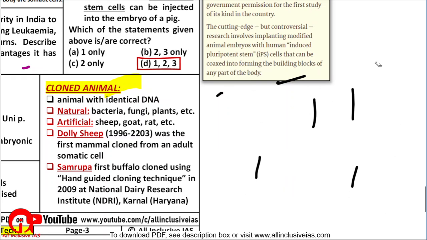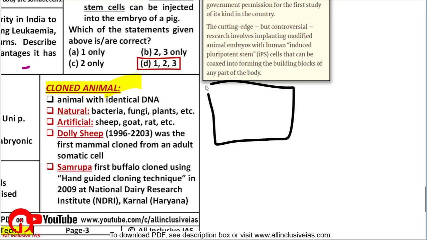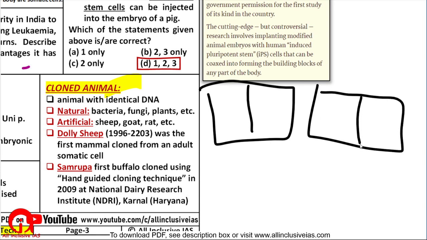But what if scientists are able to create the exact copy of your genome? This is your genome and scientists are able to create exactly the same copy of your genome. Then what will happen? Then that other individual will be just like you. Okay, practically speaking, there are some random mutations that automatically happen. You have no control over them.